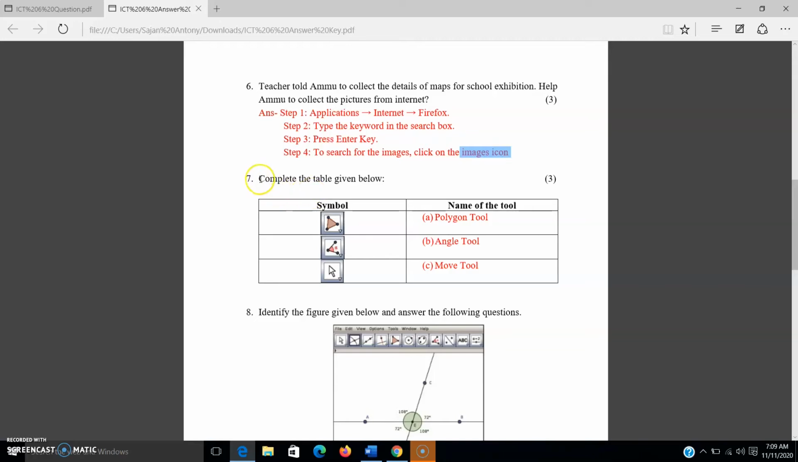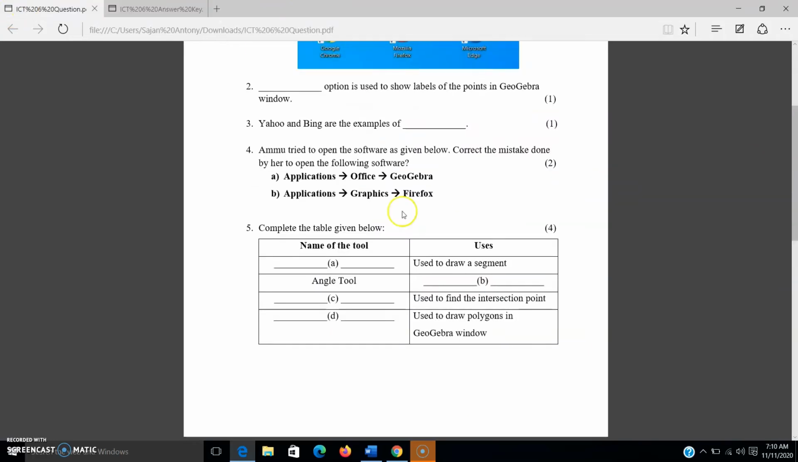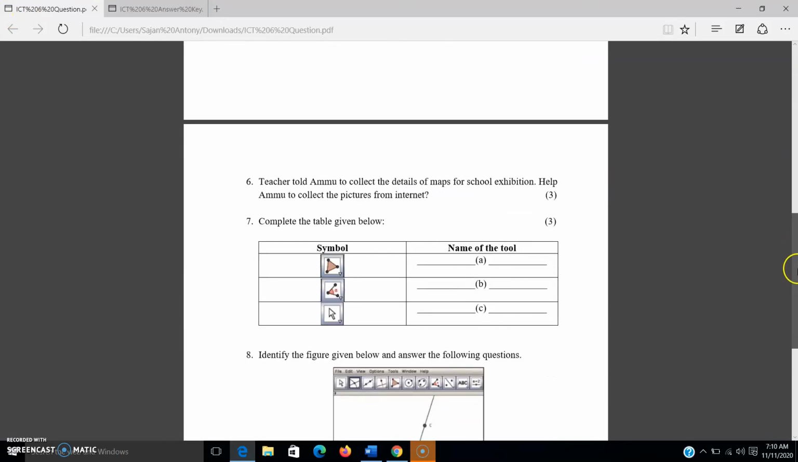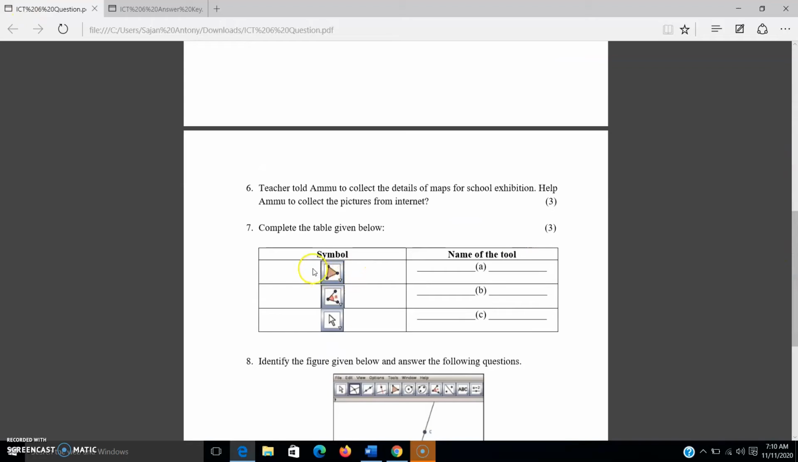Move on to the next question, the seventh question. Complete the table given below. So we'll check the question paper. The seventh question: complete the table given below. So I have given symbols on the left side. You have to write down the name of the tools on the right side in these blank